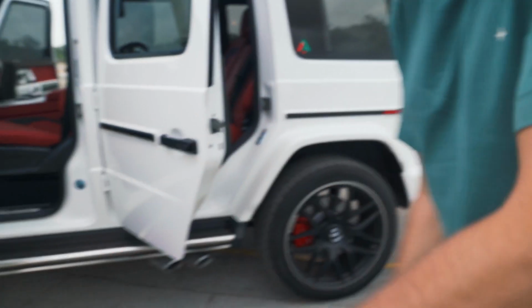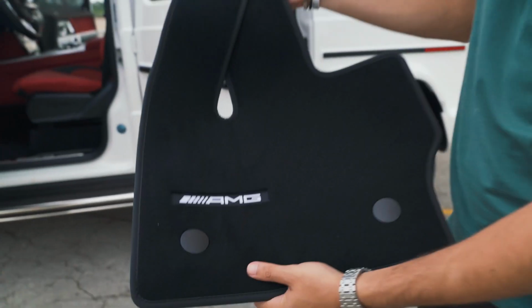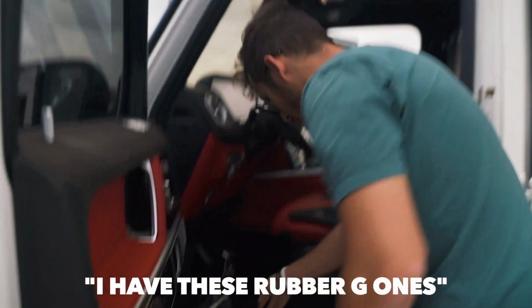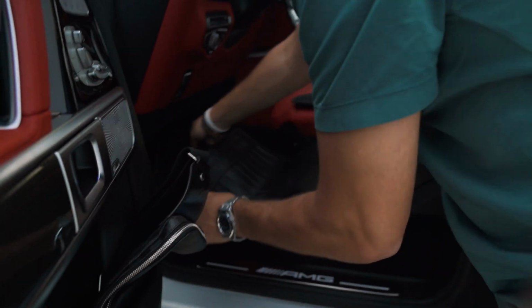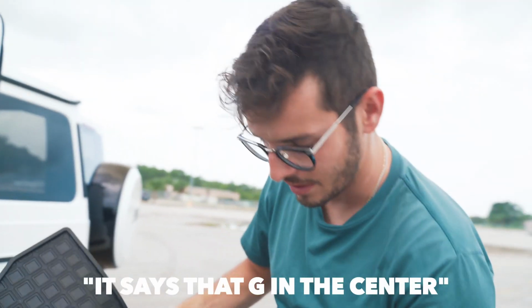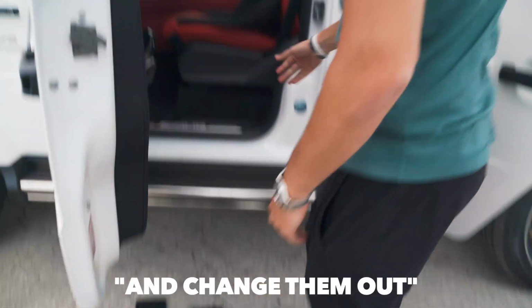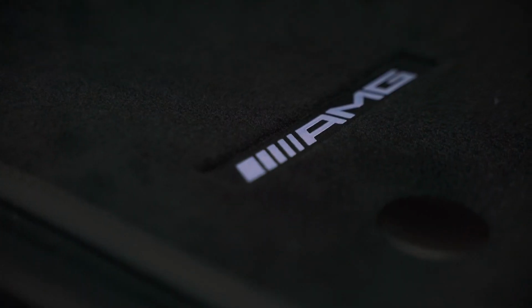These out of the trunk. I'm meaning to put these on. These are the AMG floor mats that came with the car. So right now I have these rubber G ones. These are pretty cool. Keeps all the dirt and stuff off and says that G in the center. But we're gonna put these down for now and change them out. Carpet AMG